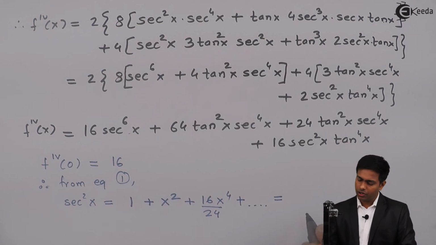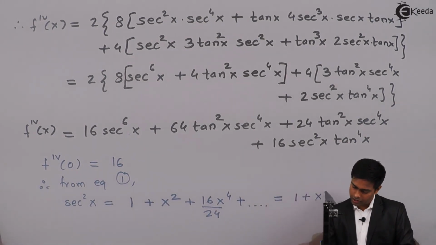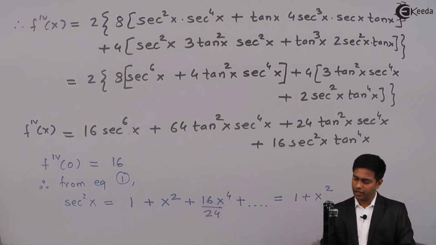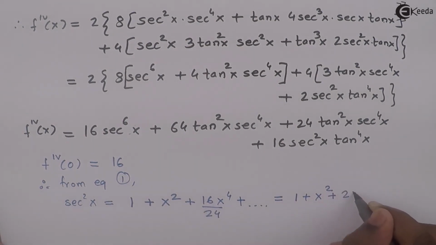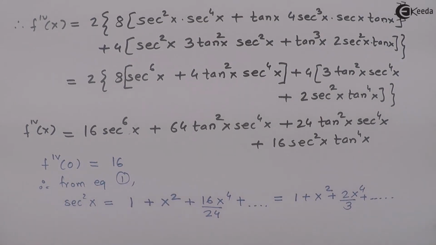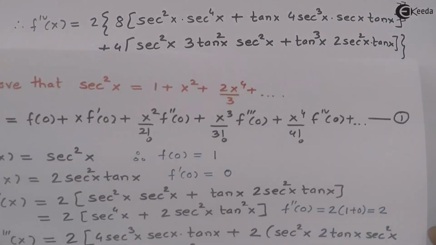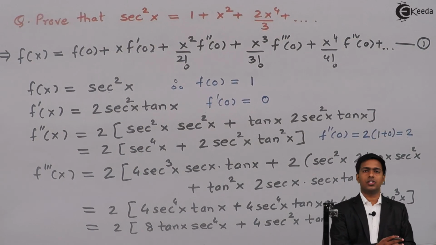If we solve this, here we'll get 1 plus x square plus x raised to 4 by the table of 8. We will get 8 2s are 16 and 8 3s are 24, dot dot dot. So here we got this series which is required in the given question. Thank you.